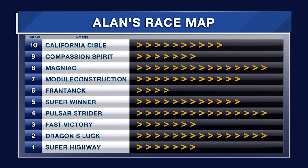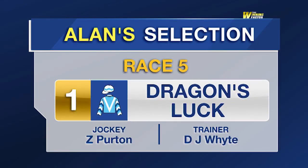His big danger, Module Construction, well, he has a bit of a sticky draw if he wants to avoid a wide run. He either needs to concede ground early or burn early energy to get up with the lead. But the tip for me in race 5 is Dragon's Luck. His winning factor, the strange bedfellows. Now, White and Purton are not a regulation combination week in, week out, but it seems to say to me that there's high intent here with White going to Purton to change things around for Dragon's Luck, and Purton keen to snap up the